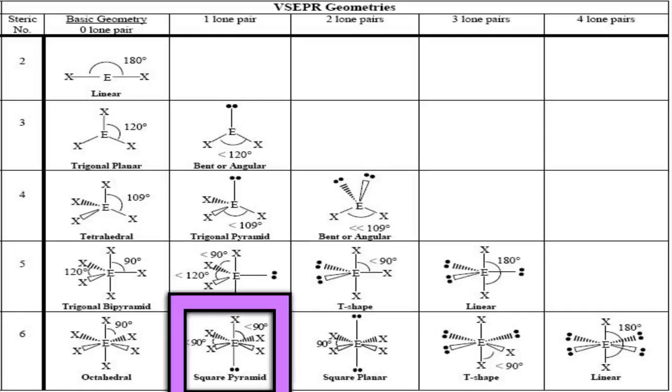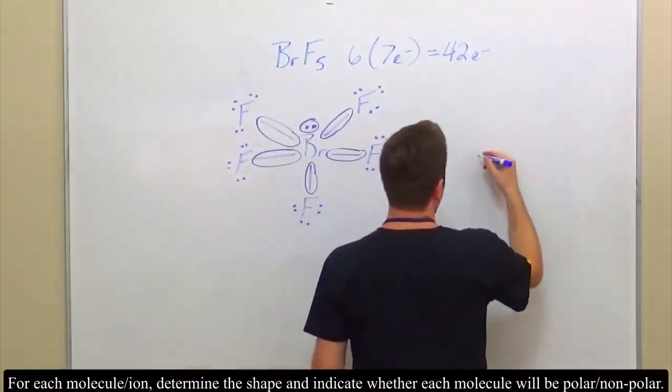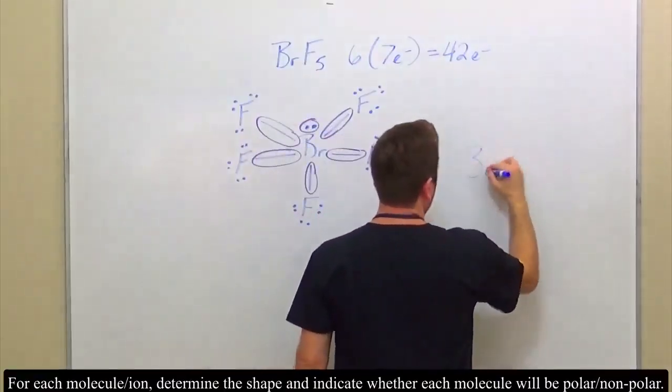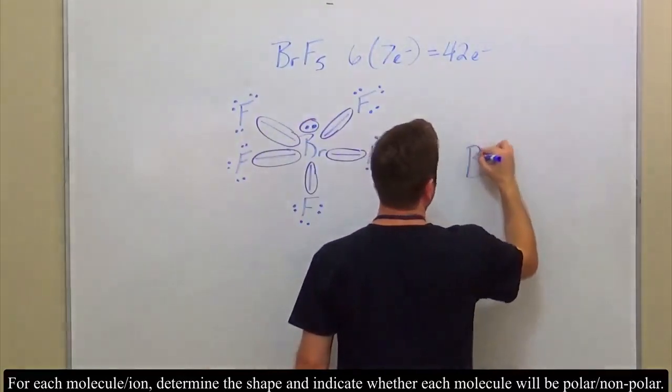We had 1 lone pair. What is the shape of this molecule? It's called a square pyramid, or square pyramidal would be the molecular geometry. So now I'm going to redraw our molecule, and I'll make it look like the geometry that you see there